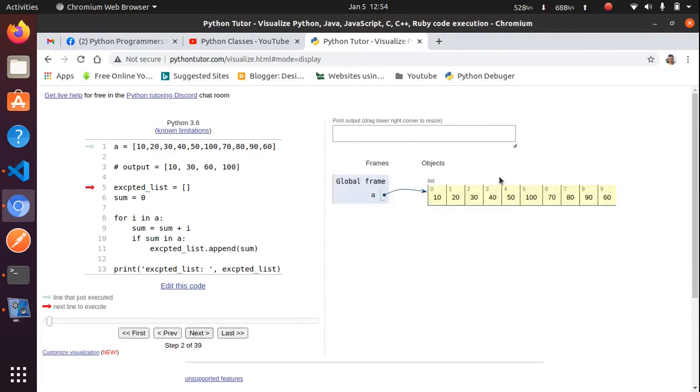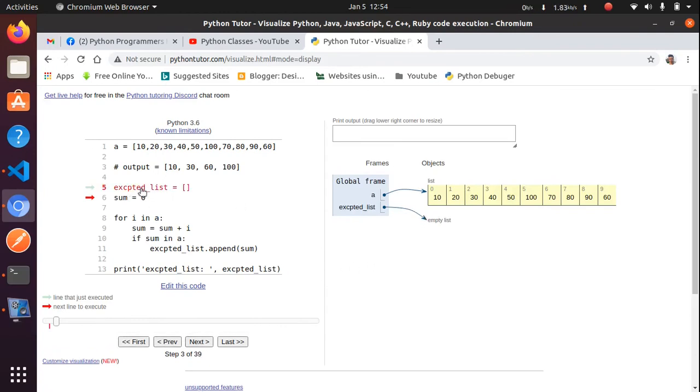Next we have one empty list. Next, sum is also initialized to 0. Next, this is i, and i now has the value 10.